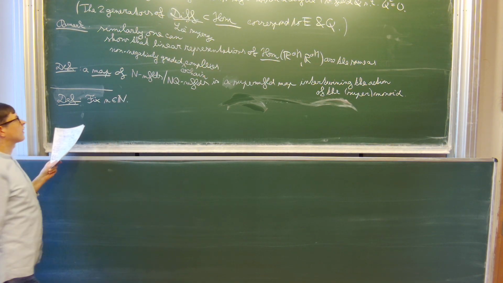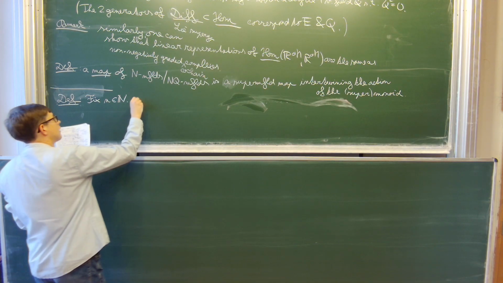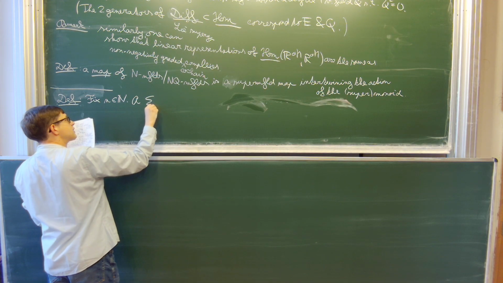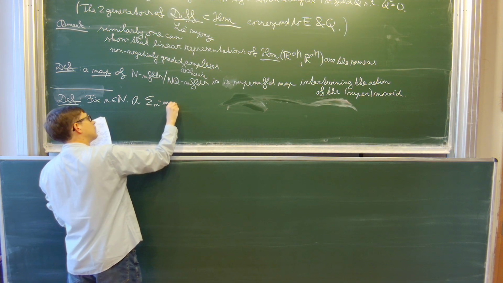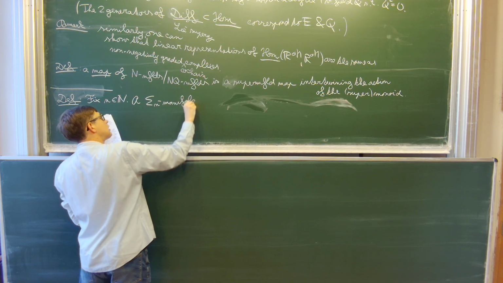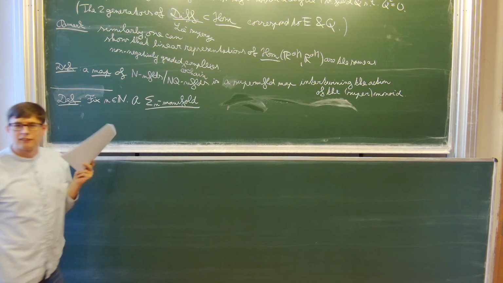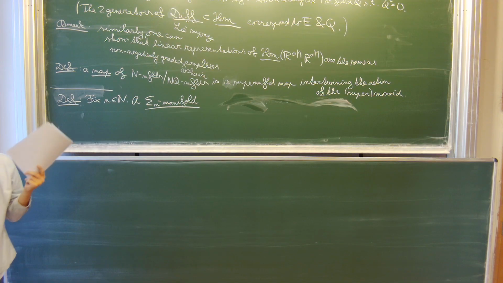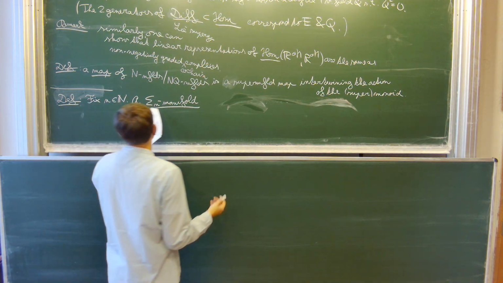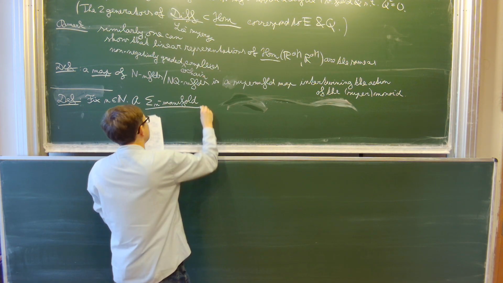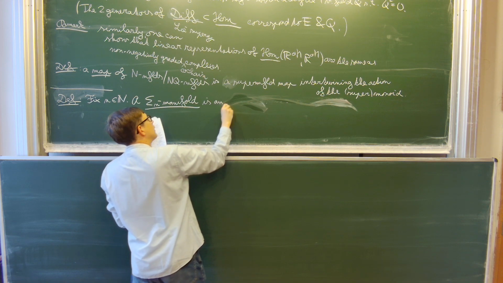Fix an integer n. Now let's make a definition. We say a sigma-n manifold, where sigma stands for symplectic and n stands for n, so it's a good name, is an NQ manifold